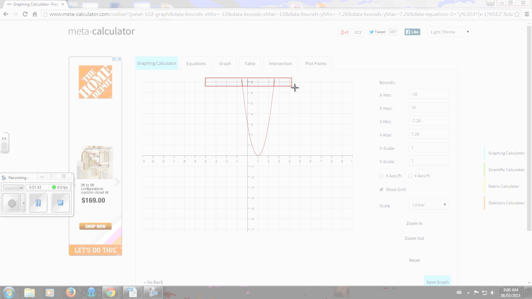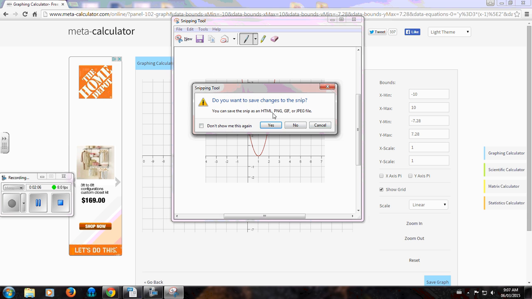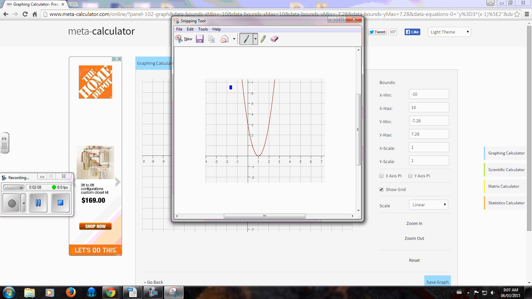So what happens is it grays the screen. I highlight what I want to take a picture of. I now have it. I right click on my mouse, I copy it, and then I can go and paste it into my document. So that's the easiest way to get a graph into your document. The snipping tool works well whether I'm using